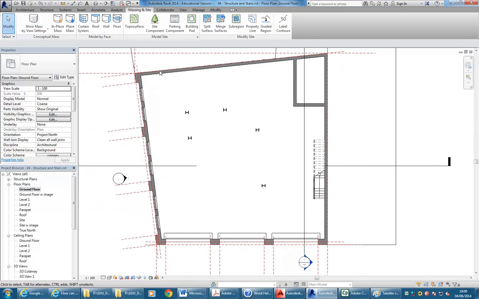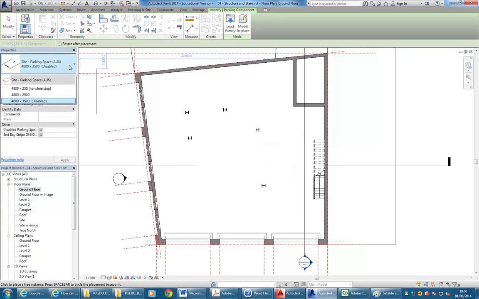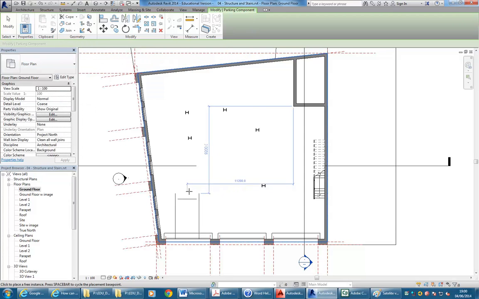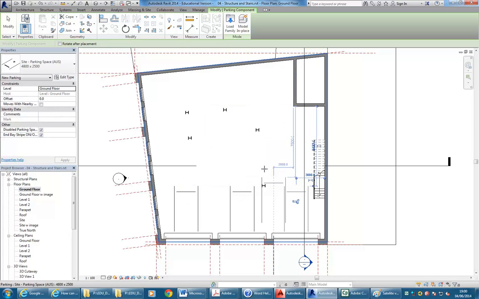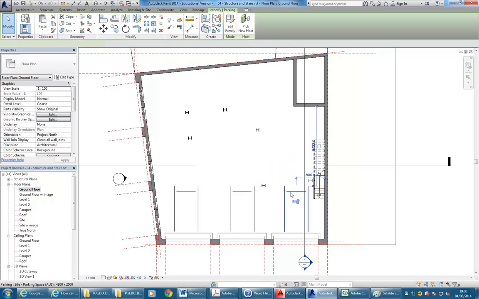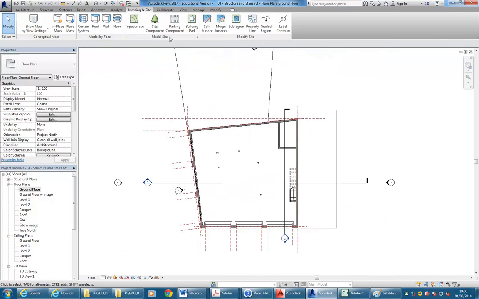An easy thing you can get from the library is, in Massington site, you've got parking components. And so there you've got these preloaded parking spaces. And it's that easy to bring them in. You just choose, and they're basically the right size. So to work out your parking areas, that's a really simple thing. For a site like this, you're probably not going to have too much use for them. But then looking at those other tools you've got there,